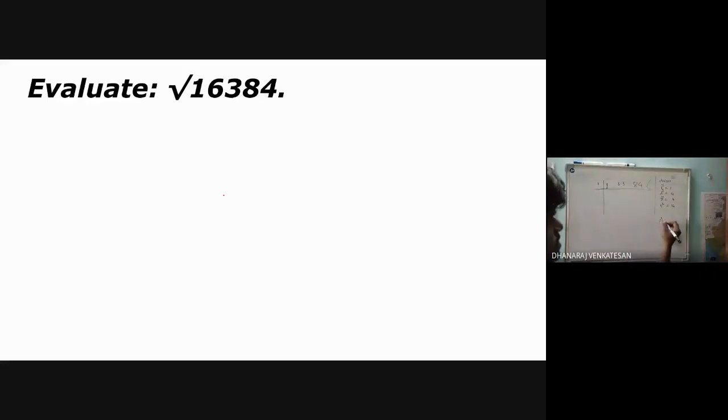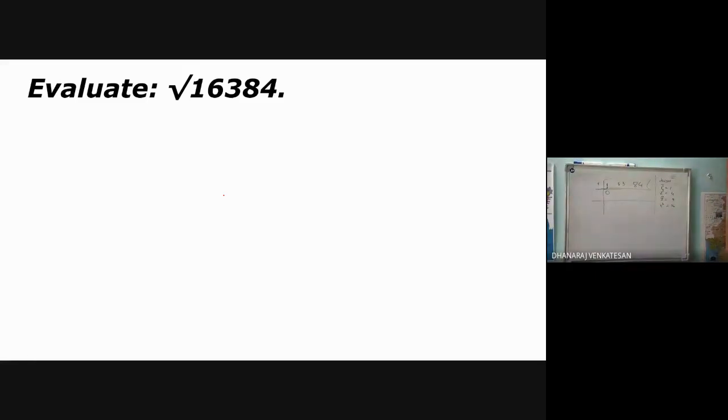If the dividend has a number 2, you have to choose a divisor such that its square will be less than or equal to the dividend 2. Like that, you have to choose the divisor. Here the dividend is equal. I took 1, the 1 square is 1, it is equal, so it will come 0. Okay, this is the first step. You have to choose a divisor such that the square will cancel the dividend.